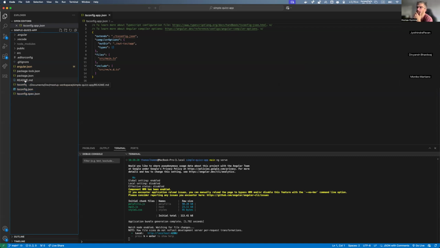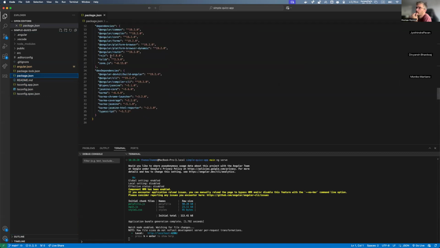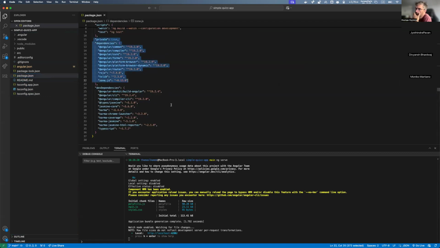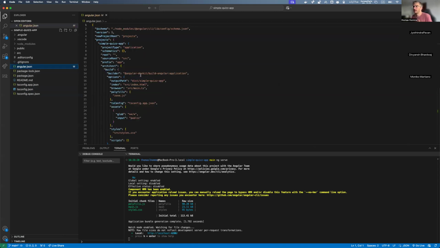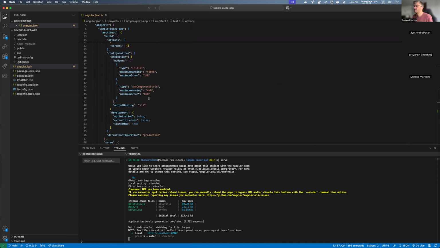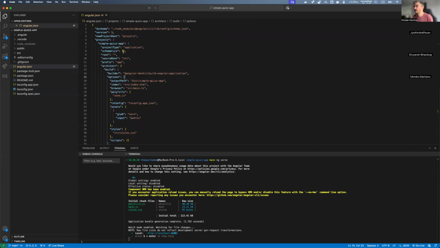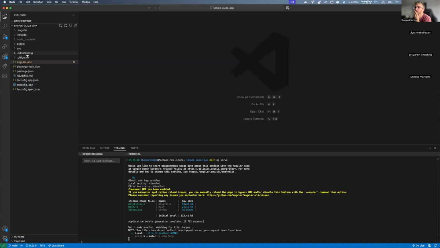Readme.md is just the information about your project. Package.json is all the dependencies that you have. You can see that we have all the Angular dependencies here. Then we have this file, maybe interesting, angular.json. Not at our level, but that's where you can give more CSS or more JavaScript files, for instance. It also gives you some warning when the bundle at the end is too heavy, etc. So it's later, when we start to build our app, that this file becomes interesting, right?